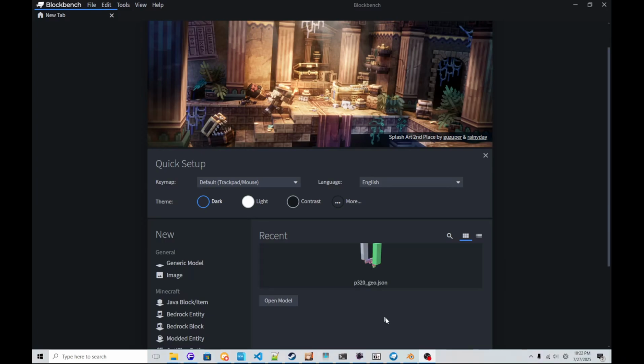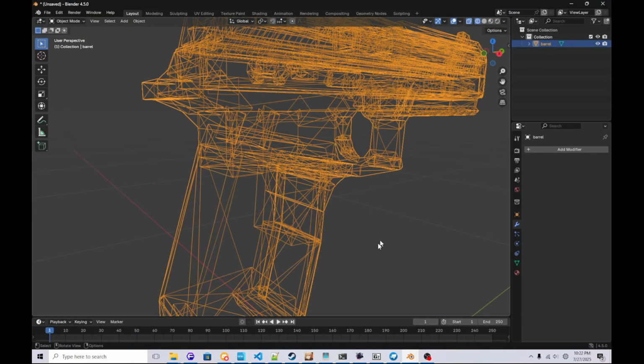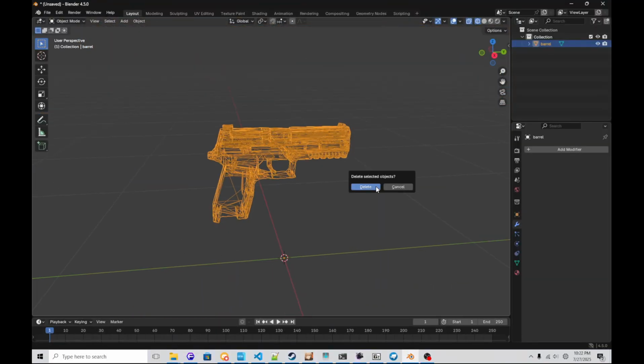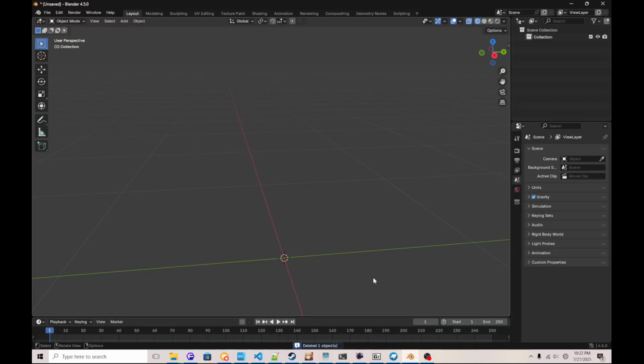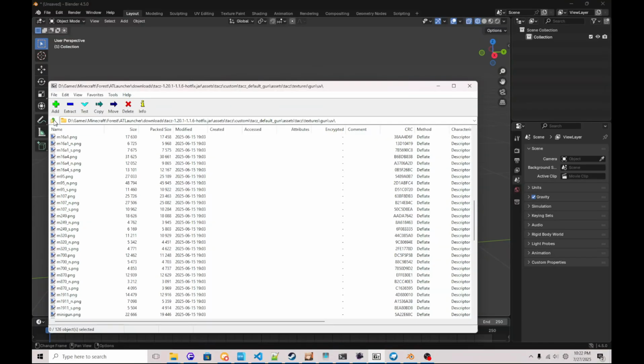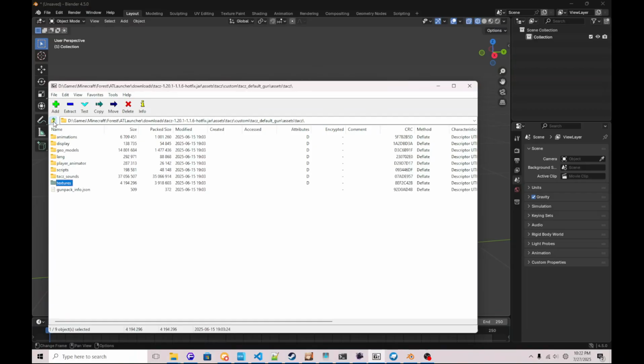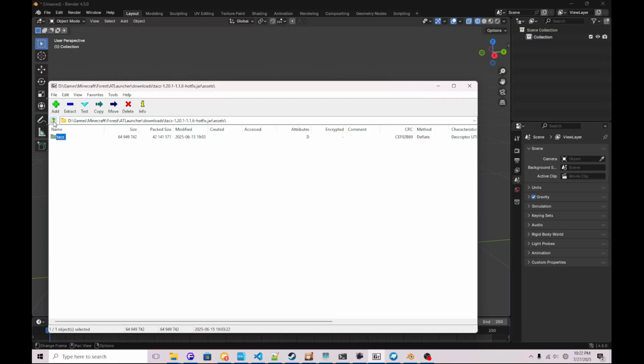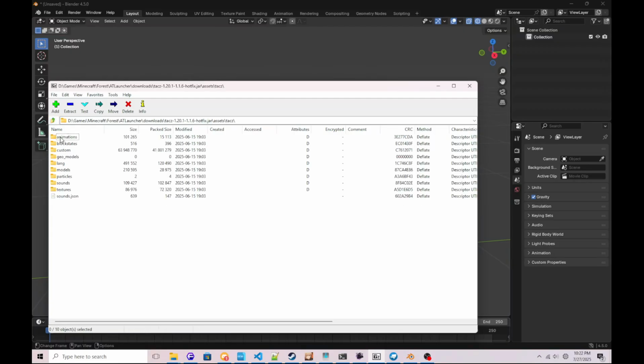So to import a Timeless and Classics gun into Mine Imator, it's actually not that hard. First we're going to start by opening the mod file. We're going to browse to this location. We're going to go to assets, the name of the mod. We're going to go to custom